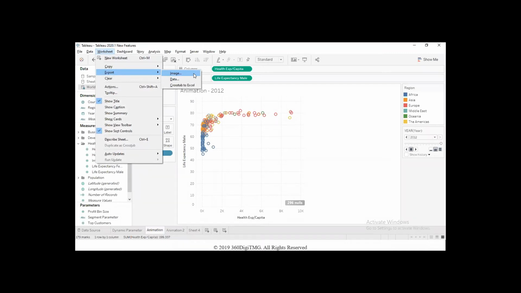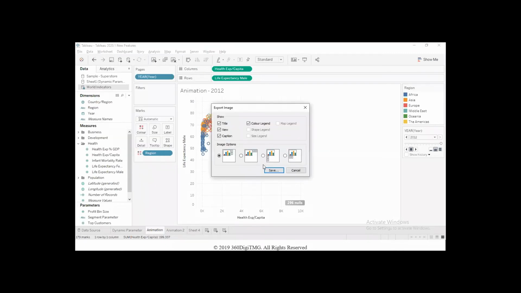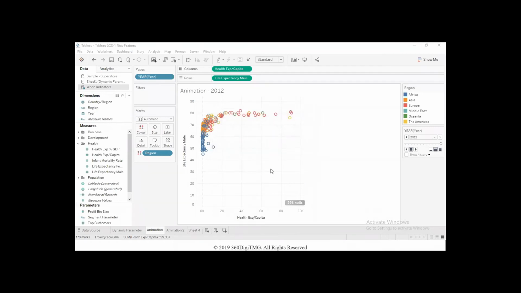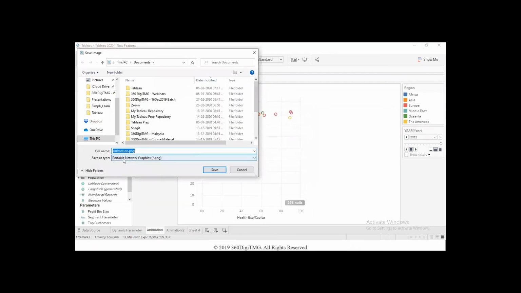So when we export it as an image, what happens? Tableau will save it as a portable network graphics image with the extension .png, because Tableau works best with PNG images. It works with the other types of images also, but it is considered to be the most compatible with PNG. And you will save it somewhere, let's say in my documents folder, I'm saving it.